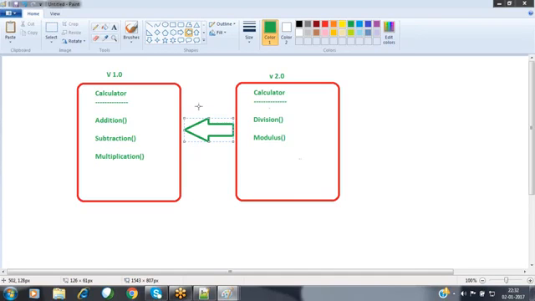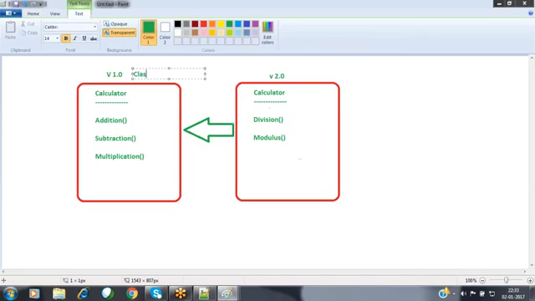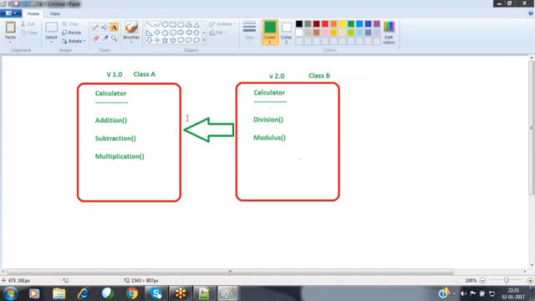In this kind of scenario, assume that this is one class A, and this is some class B. Class A functionalities we are accessing in class B. Whenever you acquire the functionalities of class A into class B, whatever functionalities are available in class A, the whole functionalities will be accessible from class B itself.